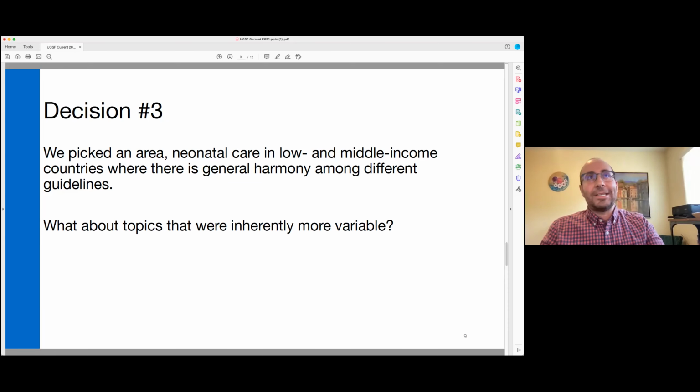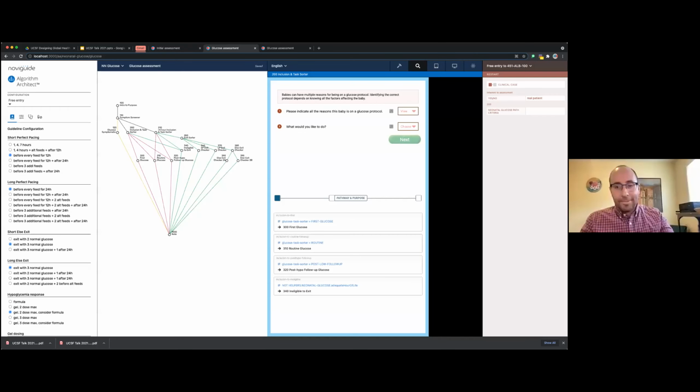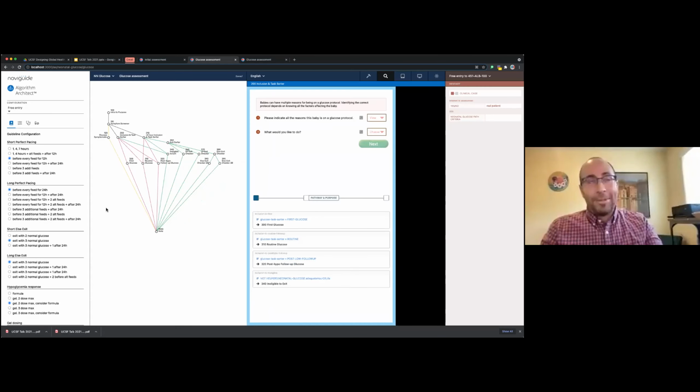We have done one example of this that I think gets at the potential of these tools I want to show you. This is actually an area that for peds residents will ring some bells. One of the areas we have worked on, building off of our work in Uganda, was newborn glucose.